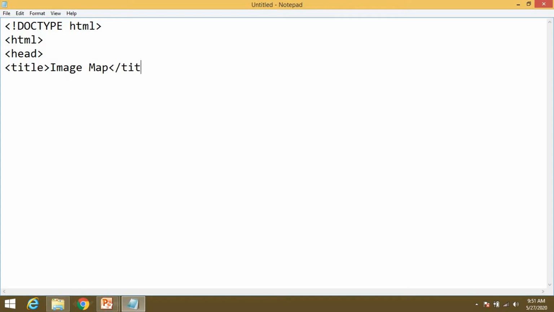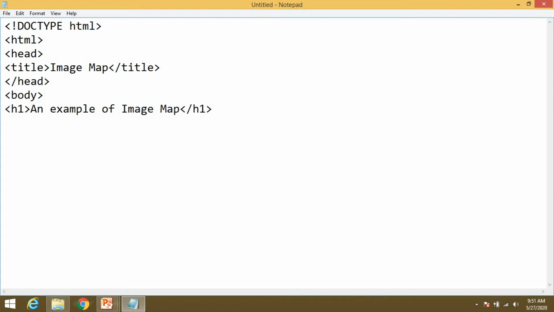Close the title tag, close the head tag, open the body tag. After that, just call h1 and write down something over here, an example of image map. Close this h1 tag.